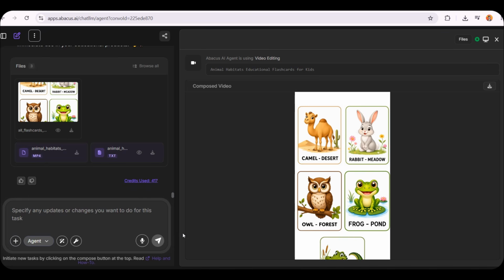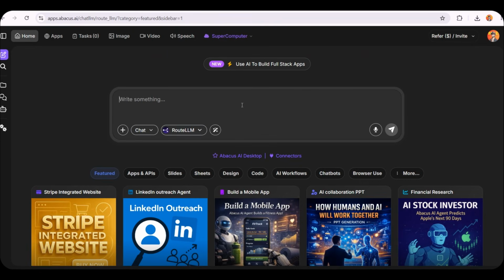And remember, Abacus AI includes many other powerful features beyond what we covered today. From building AI applications and generating images to automating tasks and accessing its powerful supercomputer capabilities, there's a lot more to explore. I'm sure we'll create more videos in the future covering additional features and advanced workflows available inside this